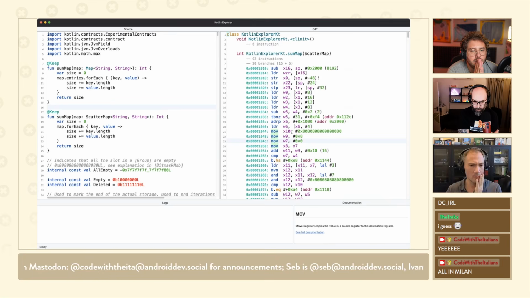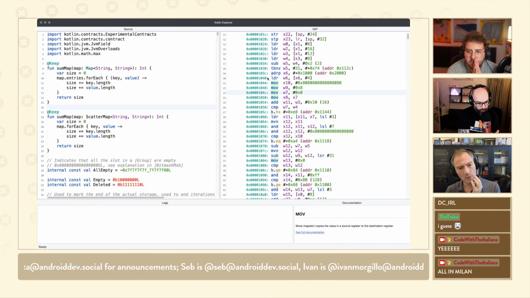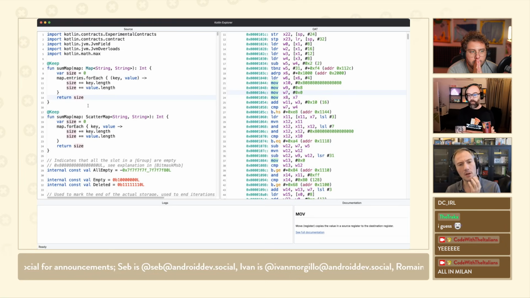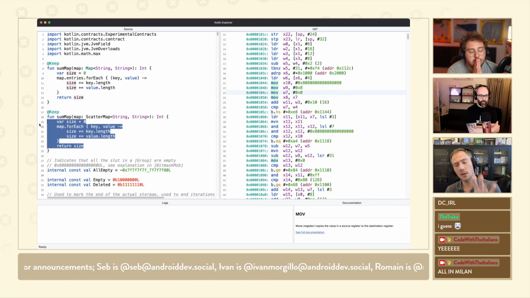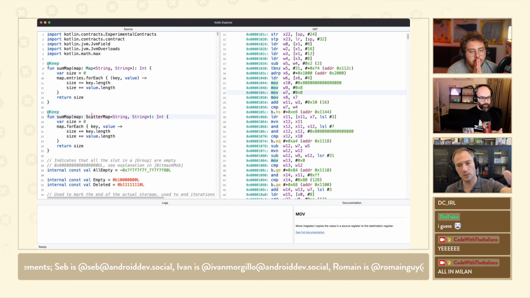I don't remember the number. I have the numbers here. Let me see. So to give you an idea, compared to a regular hash map, on a Pixel 2, iterating over 1,000 elements is twice as fast. Jesus. Okay. And that's not taking into account the cost of whatever garbage collection might come because you've allocated.